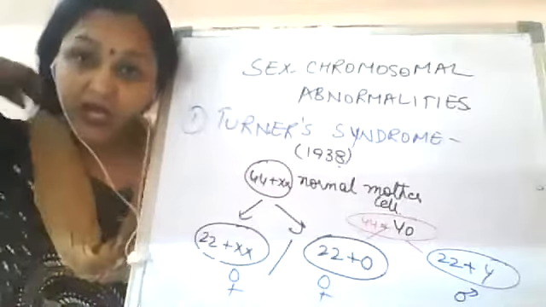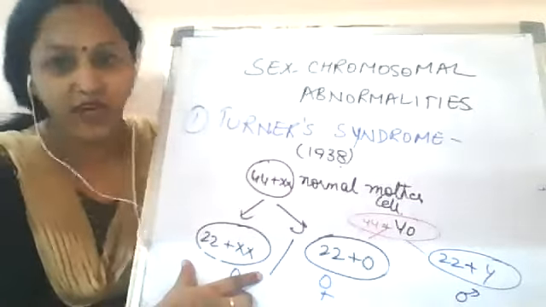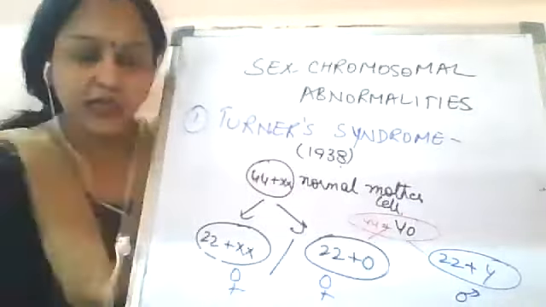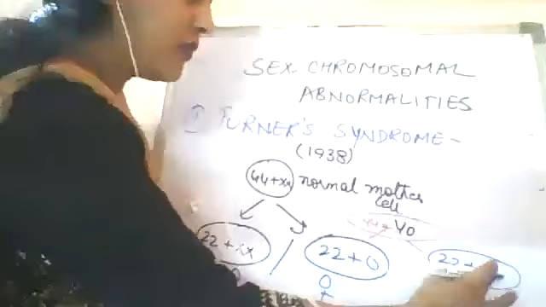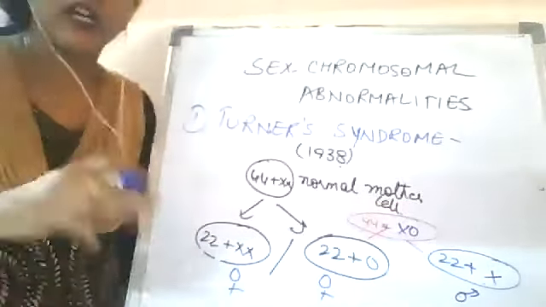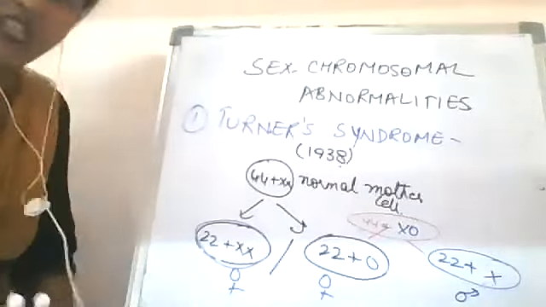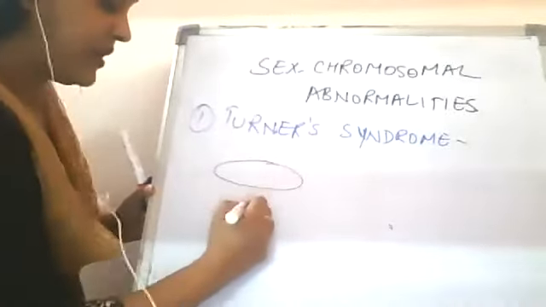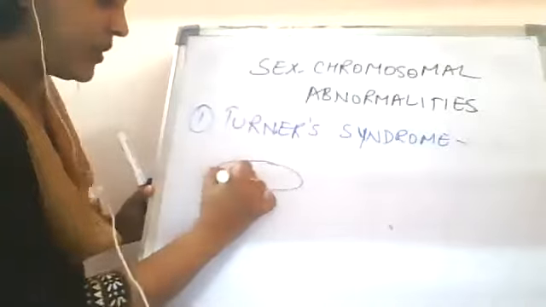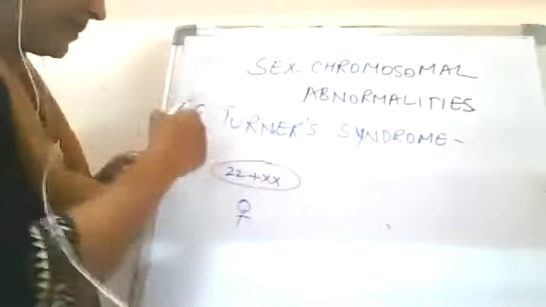They are non-viable. And now, Aditya, your question: if this was fusing with this, we got the condition of X0, which we studied about, Down syndrome. Now what happens to this egg? Suppose this egg fuses with a sperm, let us see what will happen. Let us make this egg here, the female gamete. I'm showing it here as 22 plus X chromosome, and I'm drawing the two types of male gametes here.